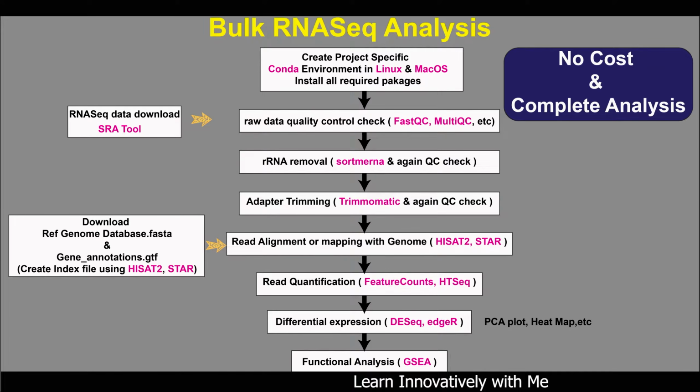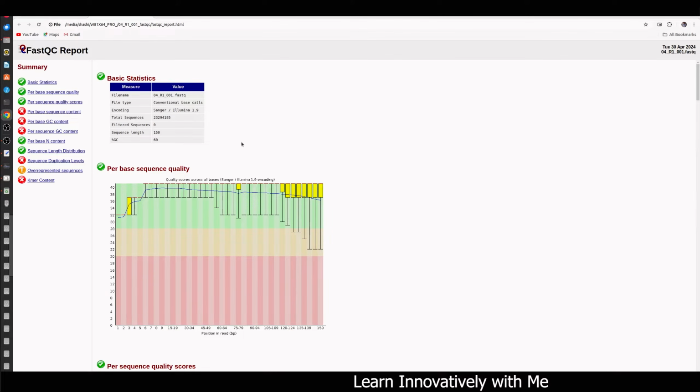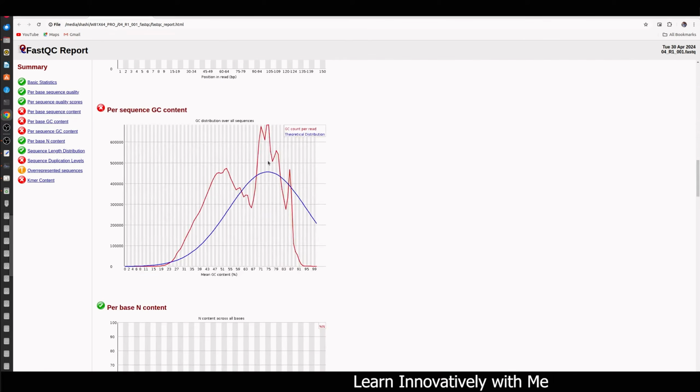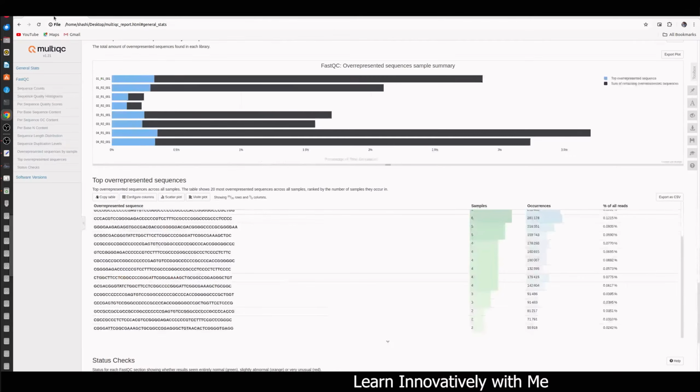This is the third part of the tutorial series Bulk RNA-seq Data Analysis, and in this part I'm going to show you how you can perform a raw data quality control check using FastQC and MultiQC. So in this part I will discuss how you can perform FastQC on raw FastQ files and also MultiQC,